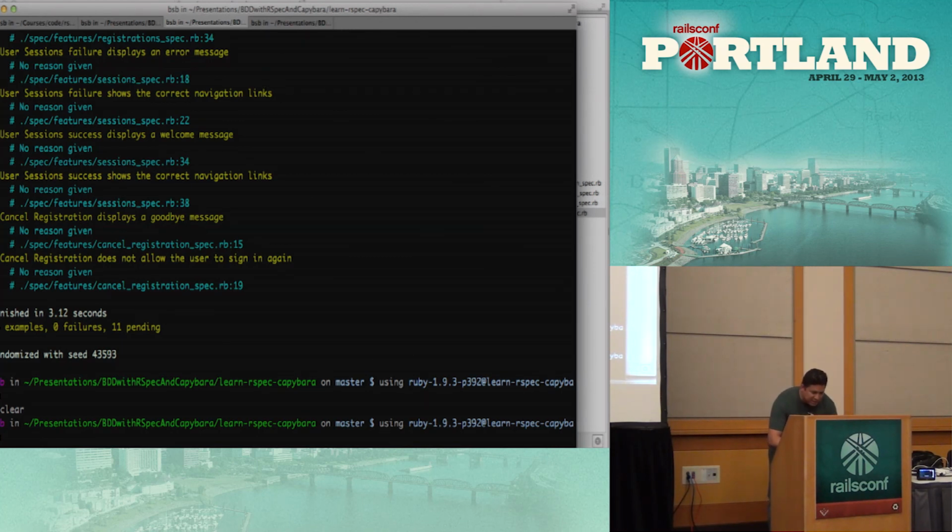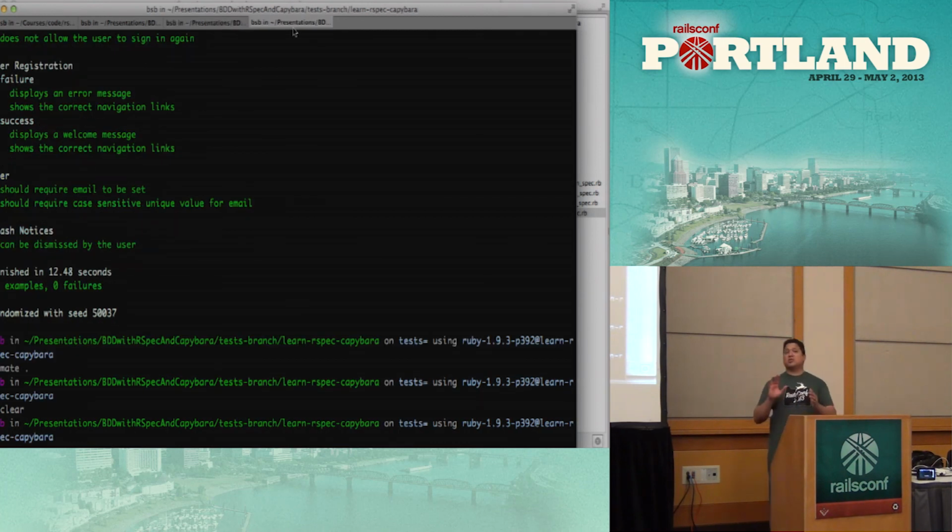So I believe that's the master branch. Oh, by the way, there are two branches on that project. The master branch has the application fully fleshed out with the tests all pending. The testing branch has all the tests passing. So if you do a git checkout testing, or you do a git branch and you see the list of branches you have in there, you can check out the testing branch and see it all fleshed out.